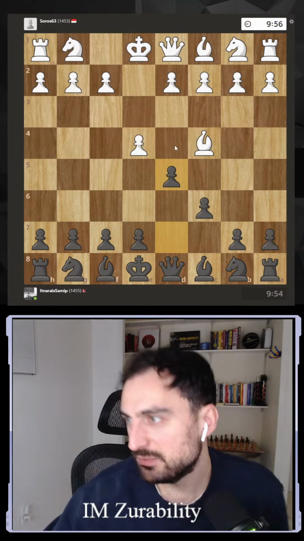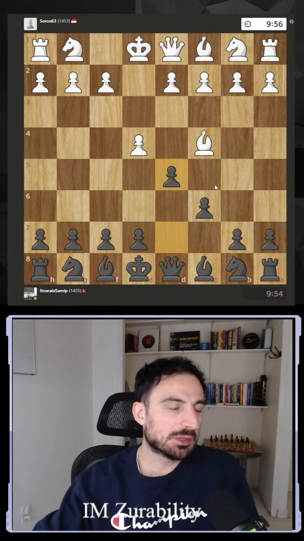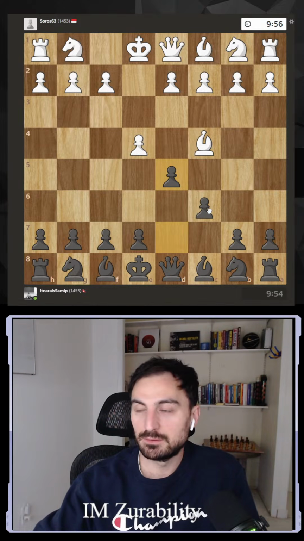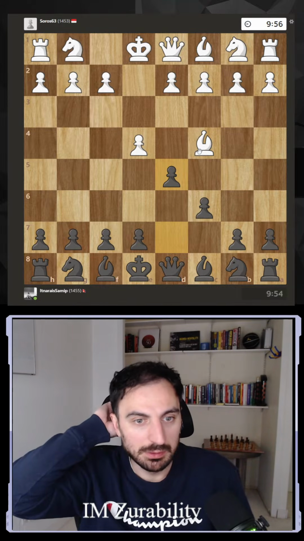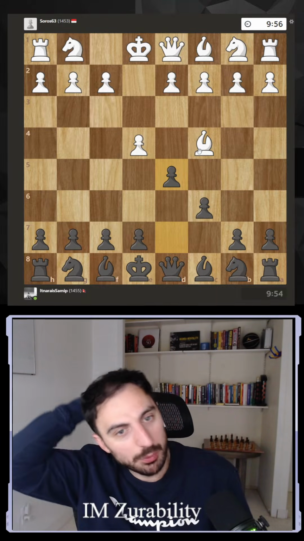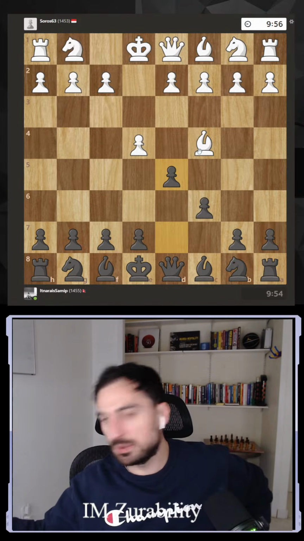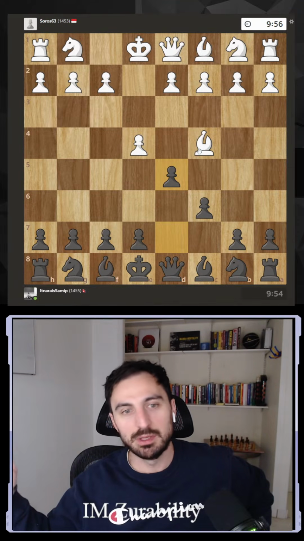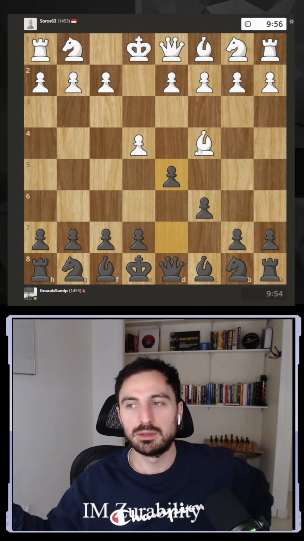Bishop c4, d5. So you play Caro-Kann. This is actually insane to me. That bishop c4 is probably one of the most popular moves under 1500, because I have a bunch of students that play Caro-Kann also, and I see bishop c4 all the time. It is literally the worst second move you can possibly make